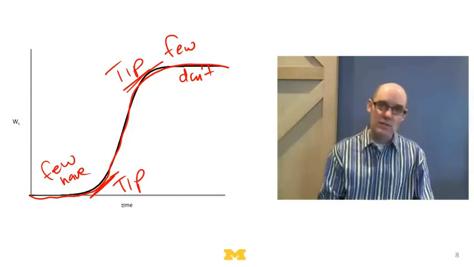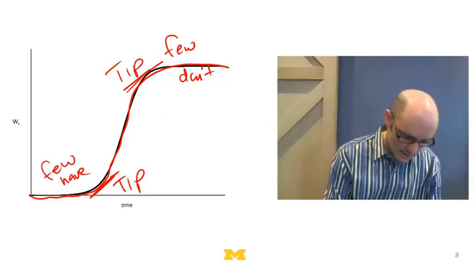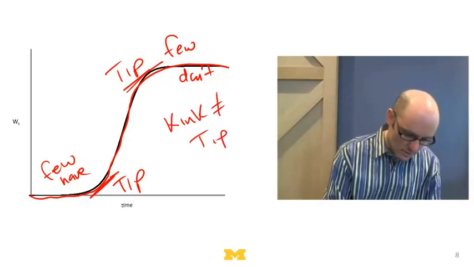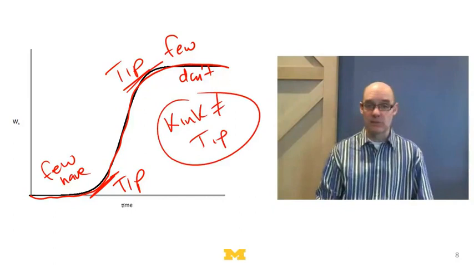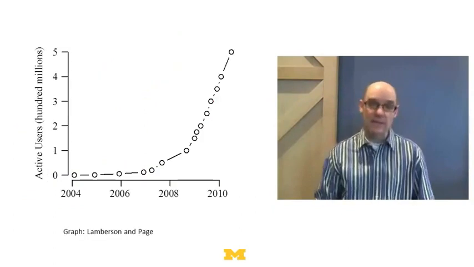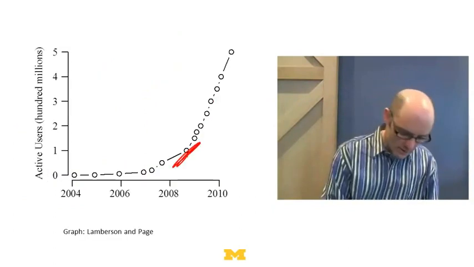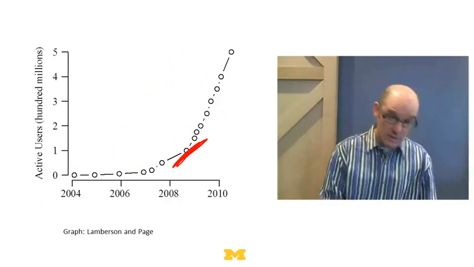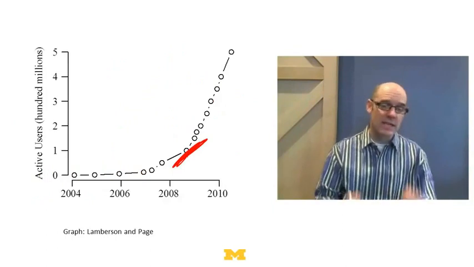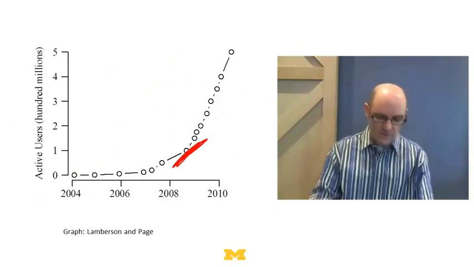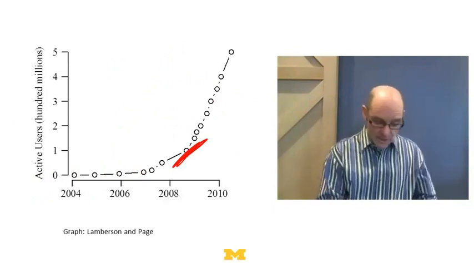So just because you see a kink doesn't mean there's a tip. Kink does not equal tip. It could just be an acceleration. So if we look at something like that Facebook graph, the number of Facebook users, we see this kink here. We see it really accelerated here, this acceleration. That does not mean there's a tip. It just means that Facebook was diffusing. And the thing is, you could say, well, yeah,